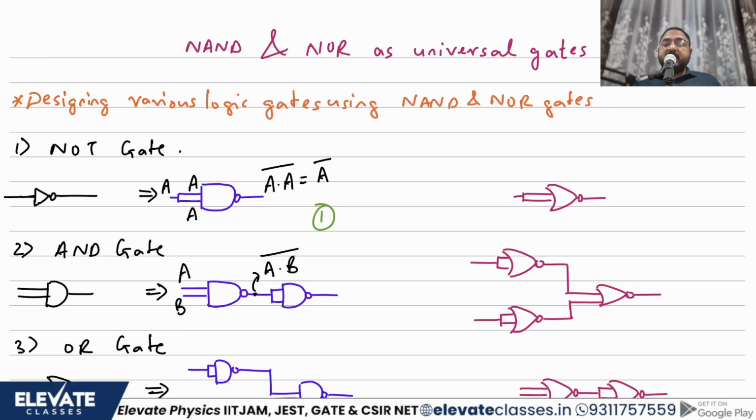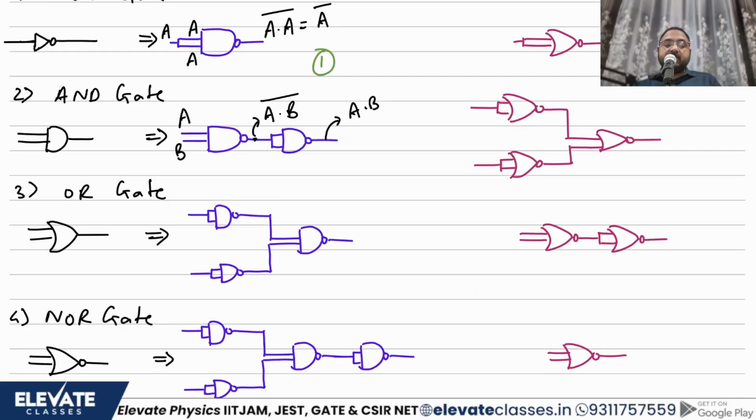Now we know that whenever you take a NAND gate and you make its inputs common, it will behave as a NOT gate. So what will be the output over here? Here it will simply become A dot B. Why? This complement will be further acted upon by a complement operator. So you have put one more NOT gate after the complement. So this will become A dot B. Right? So this is how you can make an AND gate using a NAND gate.